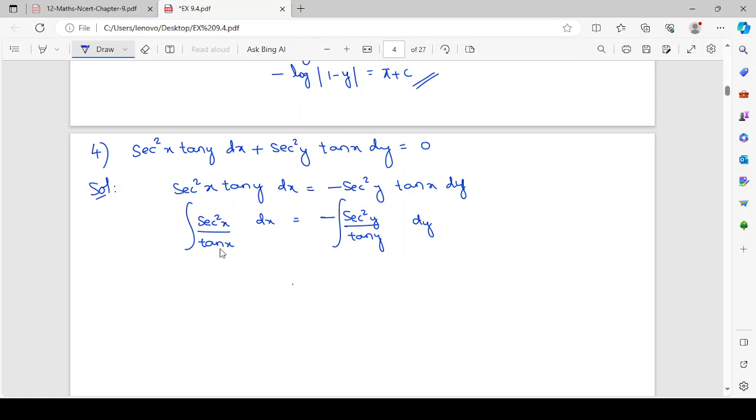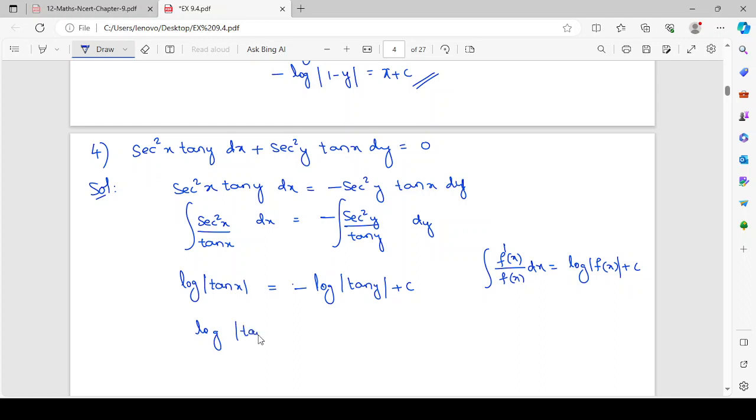You can clearly see the tan x derivative is sec²x, the tan y derivative is sec²y. We have a formula, integration of f'(x) by f(x). By the substitution method one can do it, or if you remember this formula, it is enough. Integration of f'(x) by f(x) dx is log modulus of f(x) plus c. So this integration is log of modulus tan x plus c, and here minus log of modulus tan y plus c. So therefore the solution here is log of mod tan x plus log of mod tan y